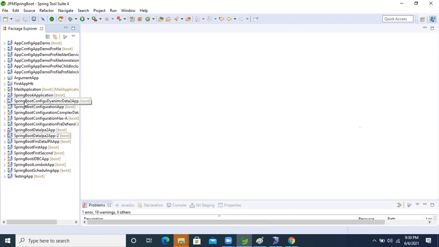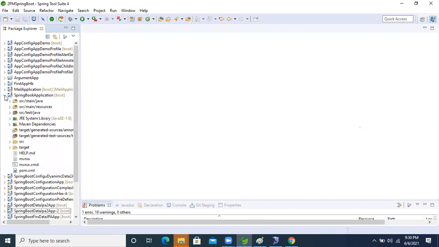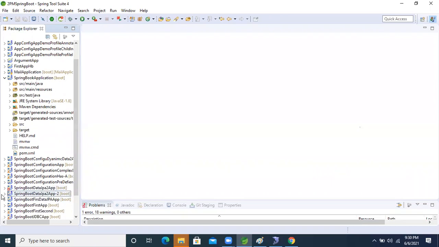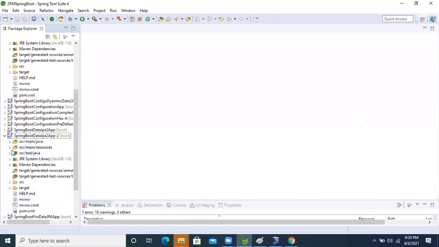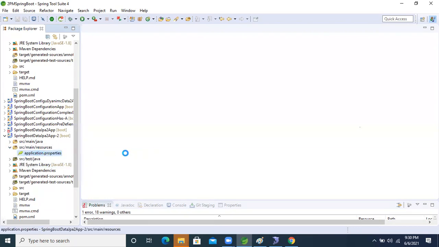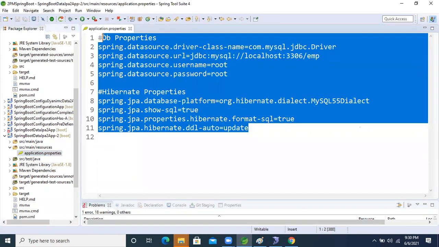Now the application is created, right? Okay, so Data JPA. I'm just copying the properties from the other application. If we write it, it will take time. So I'm copying these things from here.